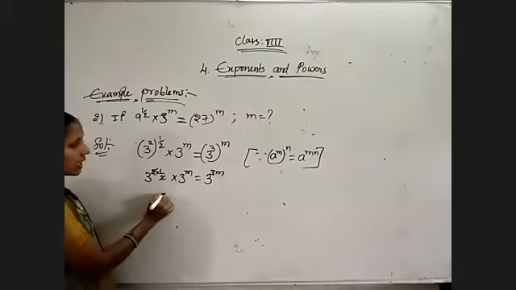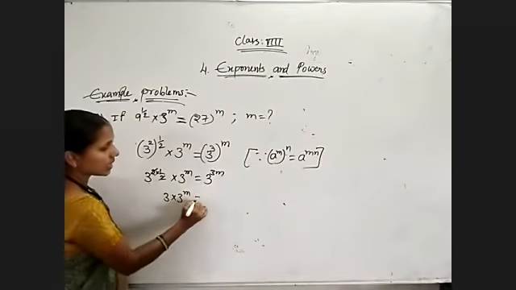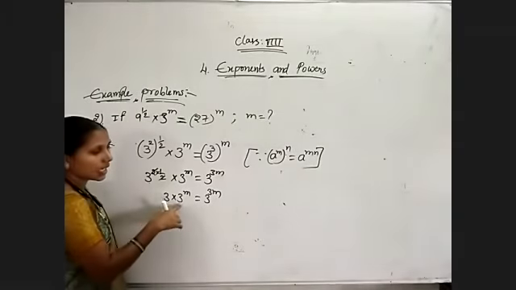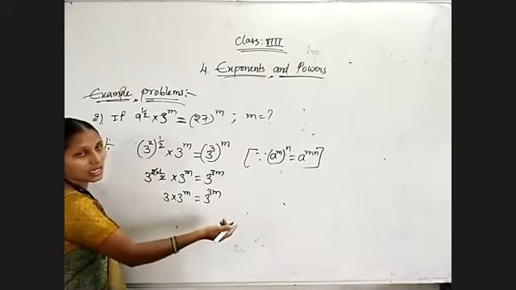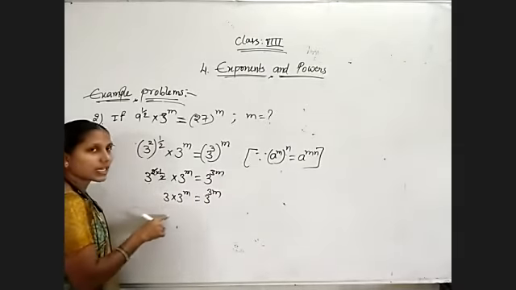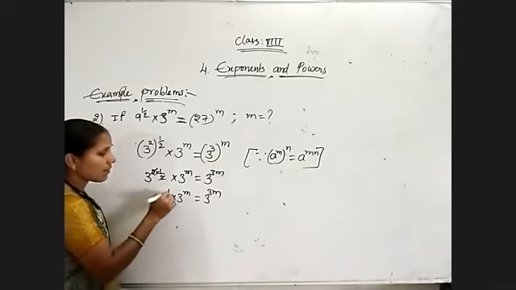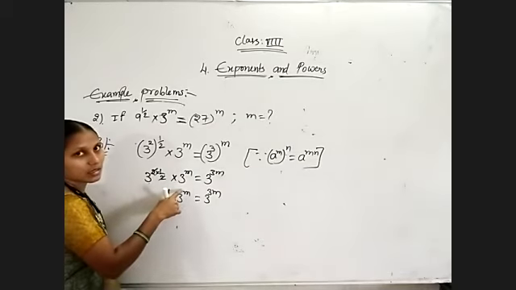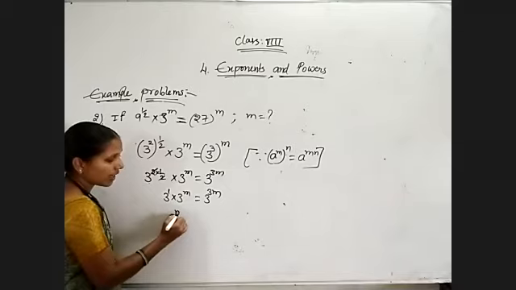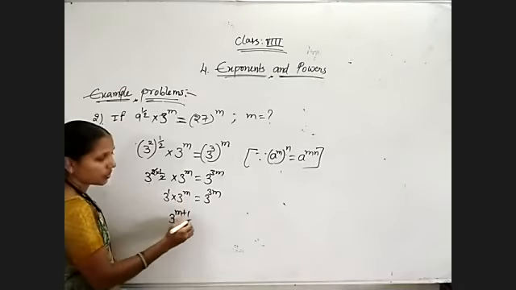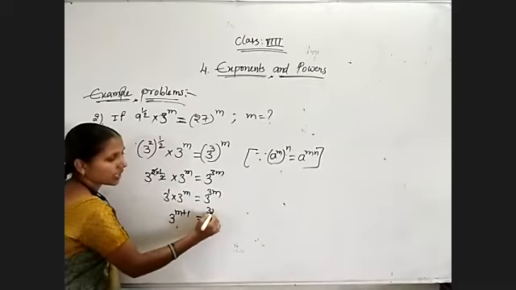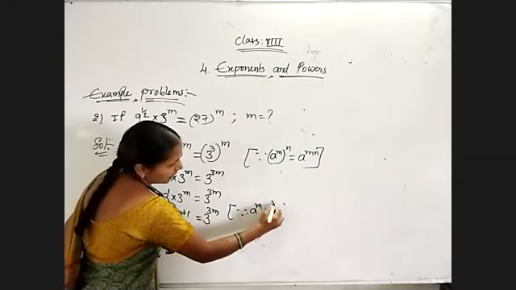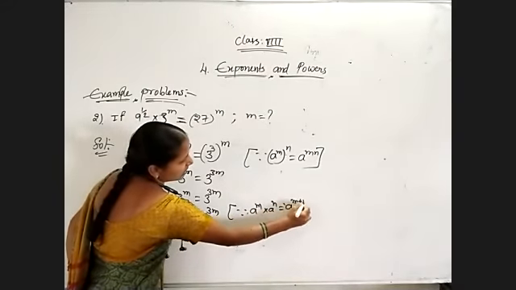So 3 into 3 power m is equal to 3 power 3m. This one we can do in both methods. So this 3m term you can bring to the right side. Otherwise, simplify it on the left side only, because it is in the form of a power m into a power n, a to the power of m plus n. That is 3 to the power of m plus 1, otherwise 1 plus m, no problem, is equal to 3 to the power of 3m. So here I have used the formula a power m into a to the power of n is equal to a to the power of m plus n.